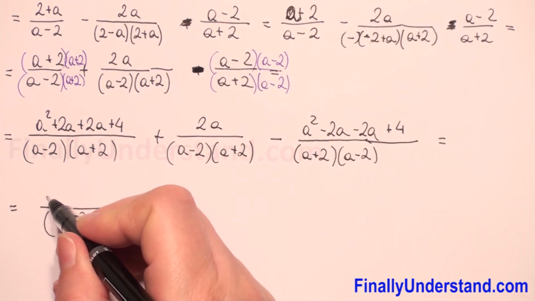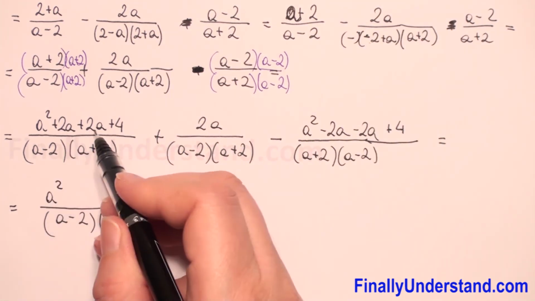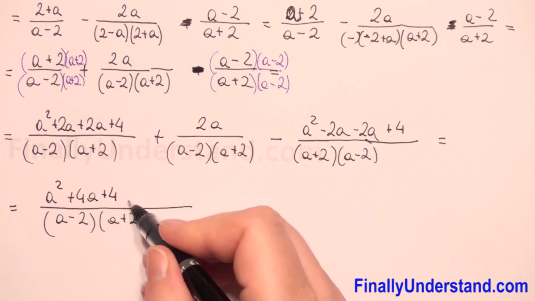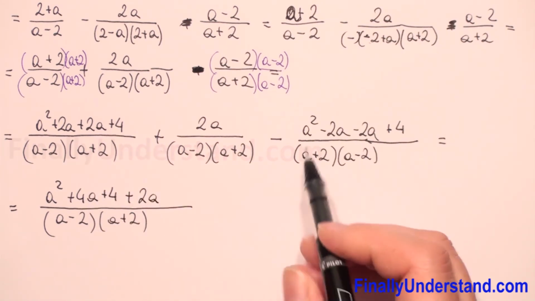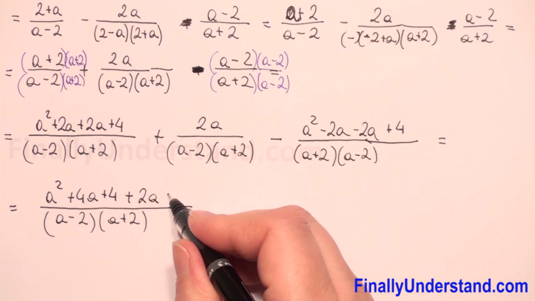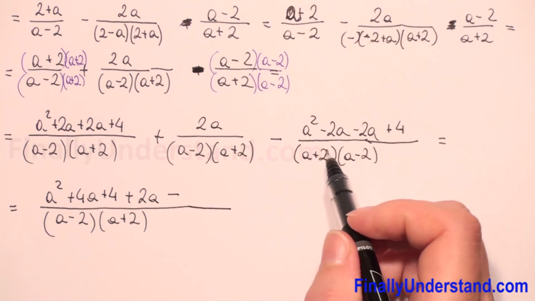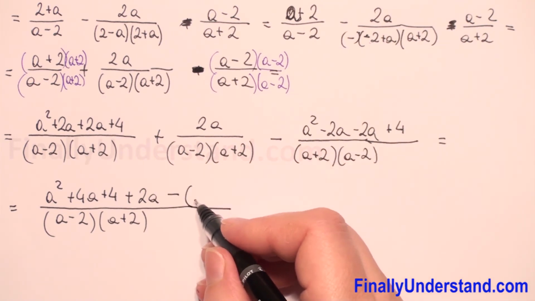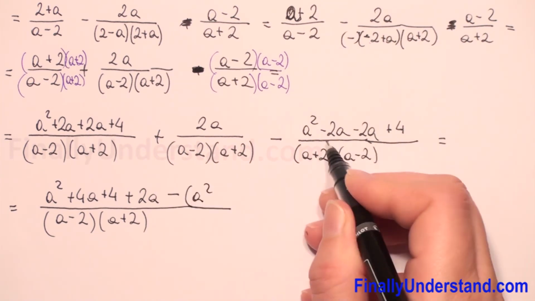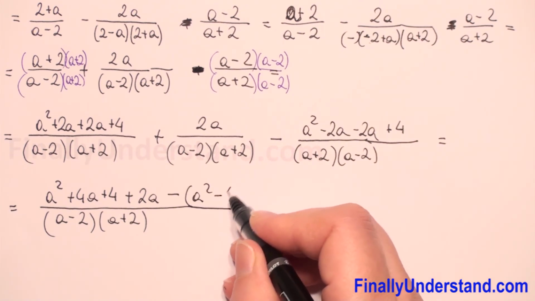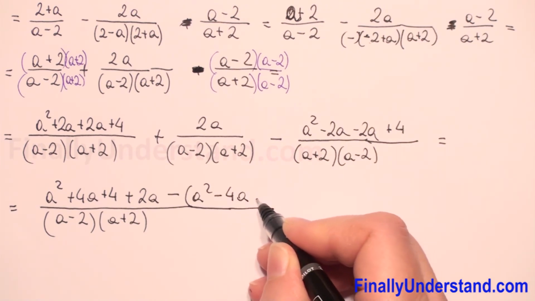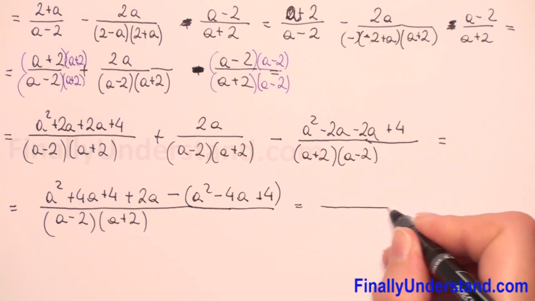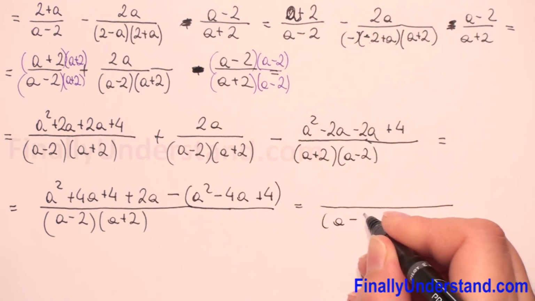So we copy first a squared, 2a plus 2a is 4a plus 4, and next plus 2a, and next we have a negative sign, so we have to put a negative sign, and in parentheses we have to put this whole expression, so it's a squared, negative 2a and negative 2a, so it's negative 4a plus 4. So this is equal, the denominator we have to copy,